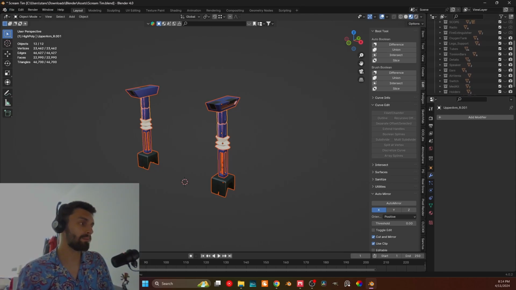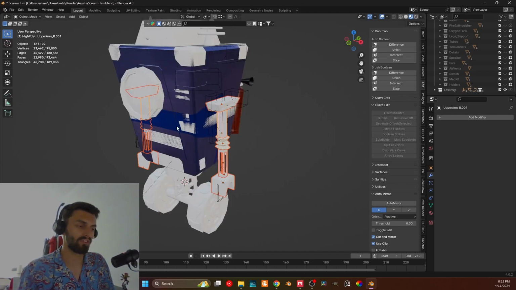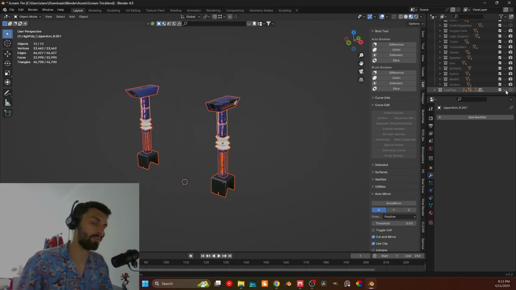And by the way, apply the modifiers only for duplicates, right? So these are duplicates that I'm gonna apply this geometry to. I have the low poly version of the same bodies here that I don't have the modifiers applied to, so that I can actually keep the raw geometry so that I can use them when optimizing